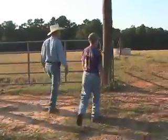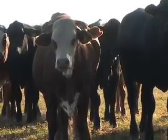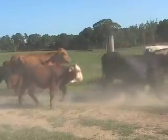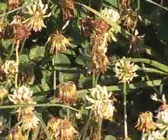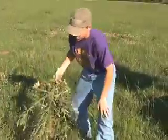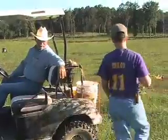Schumacher's operation uses rotational or controlled grazing. The process keeps the fields lush green rather than being trampled down by cattle which graze in the same fields year-round. Then there's the clover. It's a great source of nitrogen, and best of all, it's free. But we don't spray the fields for the thistles because we don't want to lose the clover. So Dusty digs all the thistles with a hoe every winter so that we don't have thistles or chardon in